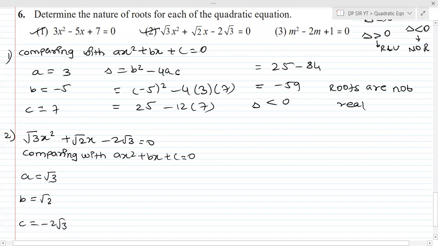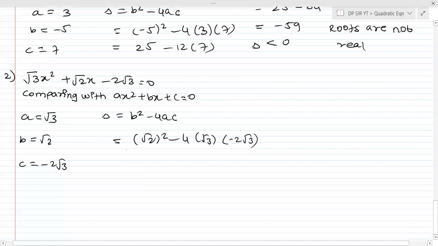इसमें तो कुछ चेंज नहीं कर सकते since it is the part of the equation. So now we need to find delta. So substitute and find delta का value. So delta is equal to b square minus 4ac, which is equal to, क्या है b का value, root 2 square minus 4ac. तो माइनस माइनस प्लस होएगा. आगे का देखते हैं. रूट 2 square is 2, minus 4 को फिलहाल as it is रखो, and here it's going to be root 3 into root 3 is 3.